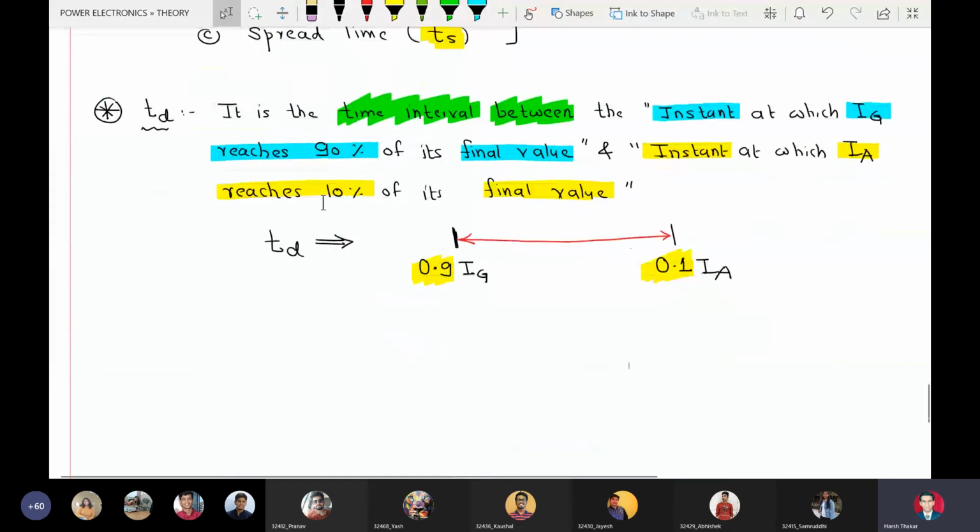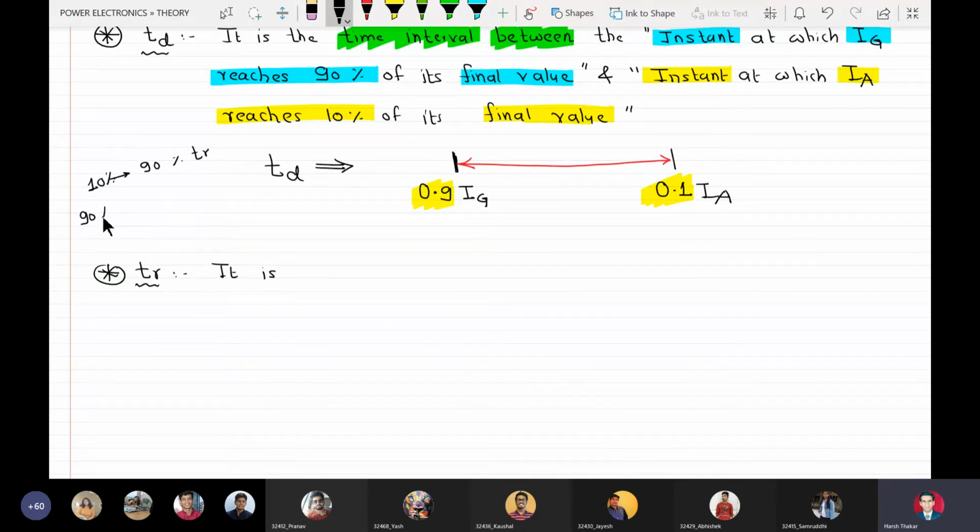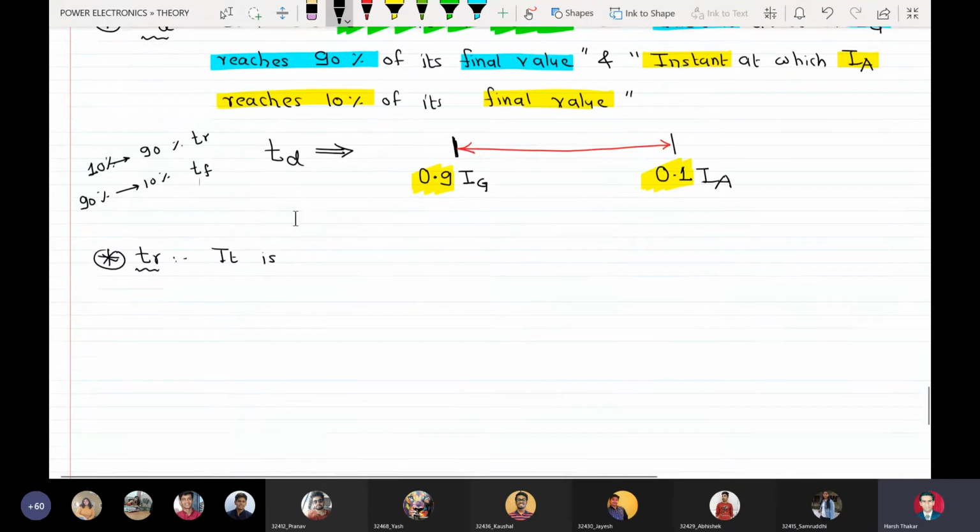Now we define the second interval, that is rise time, TR. You know that in electronics, rise time and fall time are defined as a very standard thing. Usually rise time means the time taken for any parameter to go from 10% to 90% of its value. The time taken by any parameter to fall from 90% to 10% of its initial value is called fall time. Same definitions apply here also. So rise time means